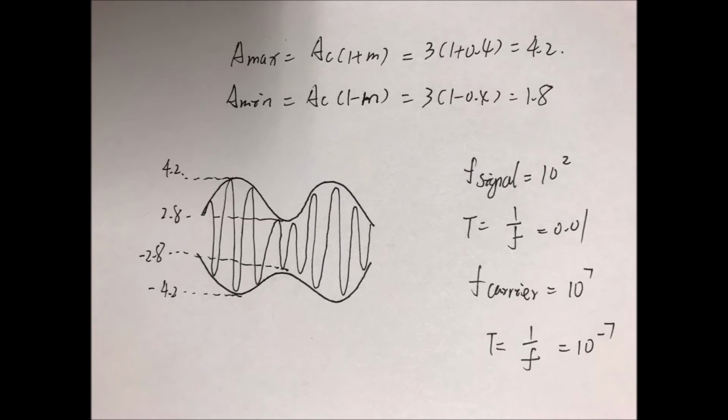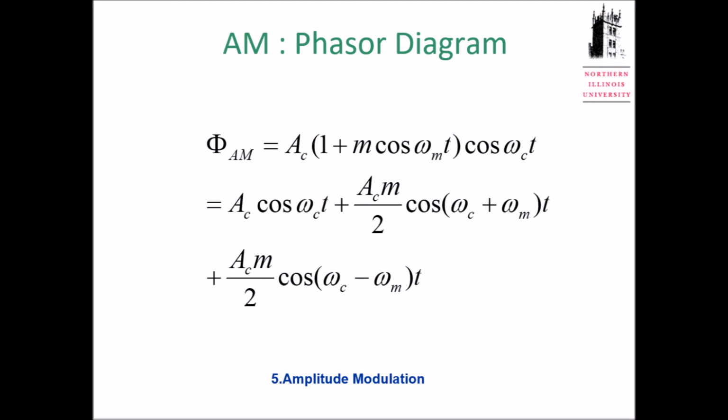Okay, so phasor. We have learned phasors in 10 class and maybe also in 15. Since we have those sinusoids, we can also use phasors to express the signal. This is my original double sideband large carrier. We have cosine omega c t times 1, this is my first part. Second and third, cosine times cosine, I have cosine alpha plus beta and alpha minus beta. So if I plot this equation into phasors,